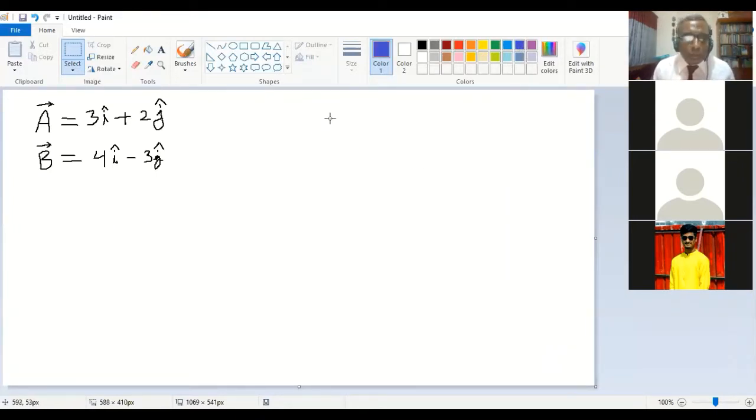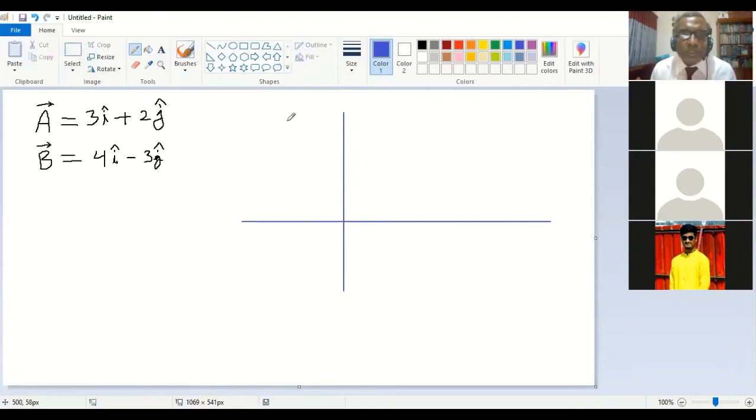So when we call 3i and 2j, then we actually consider the x-axis and y-axis kind of thing. I'm saying kind of thing because it is not exactly the geometry. We are not saying that this is geometry, x-axis, y-axis. But it is like that. You can consider in that way. So the starting point is the origin, that is O, and it is actually 0 point, and then for a vector, you move 3 units right, and then 2 units up.